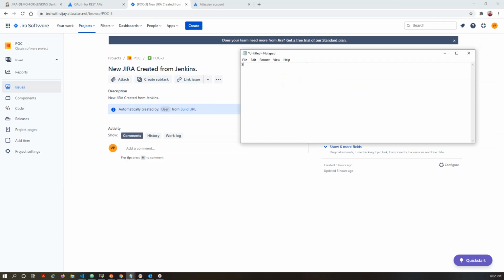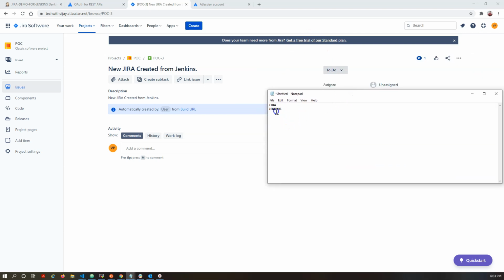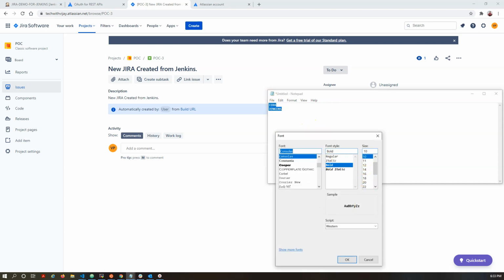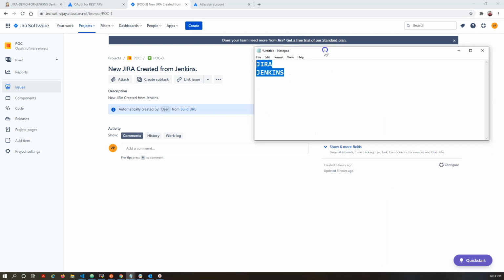So what we need, so we need Jira, we need Jenkins, and that's all. So how we want to use the Jira Jenkins? Let's try to understand. Let me increase the font size here. Okay. So in Jenkins and Jira both sides we will understand. So let's try to start from the Jenkins.